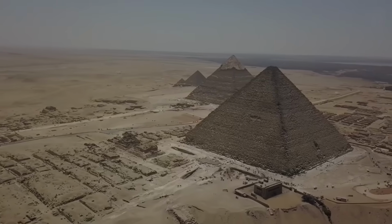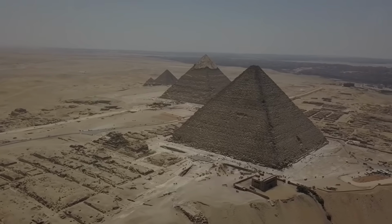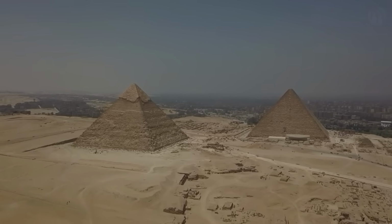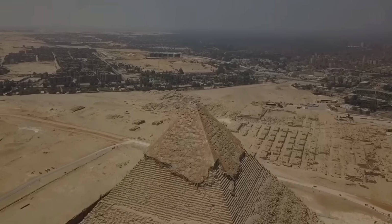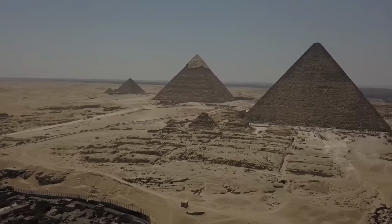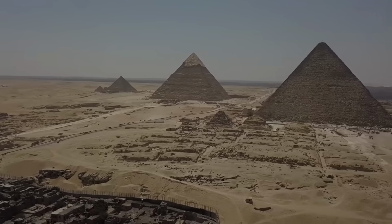The construction also features incredibly tight joints between the massive casing stones that once covered the entire pyramid. These finely dressed limestone blocks were fitted together with such precision that in many instances a razor blade could not be inserted between them. This exact fit, achieved without mortar, indicates an extremely high level of craftsmanship in stone dressing